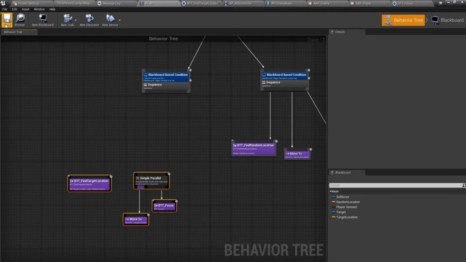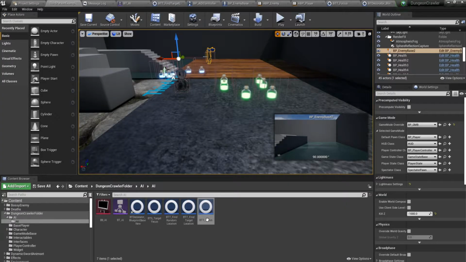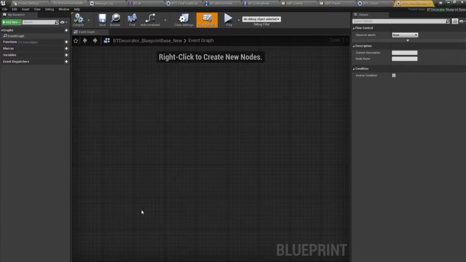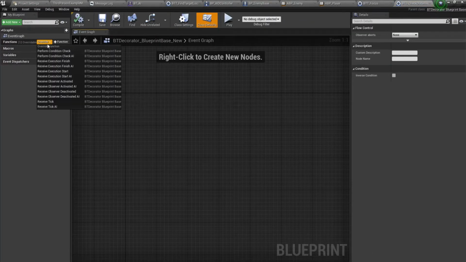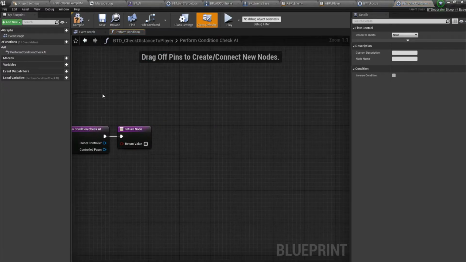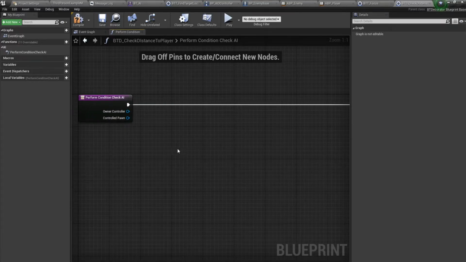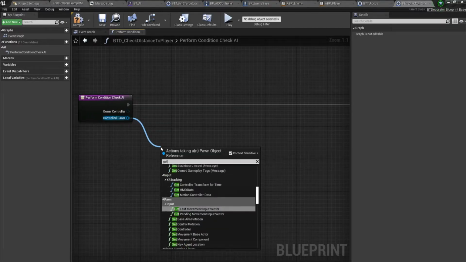let's do, so let's make a decorator now. So this would be our first decorator. I'll call it btd underscore check distance to player. And what we could do in this one would be, and let's choose perform condition check AI because we are checking a condition. So from here we want to get the actor,